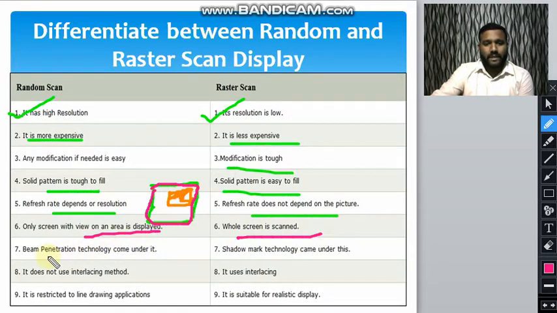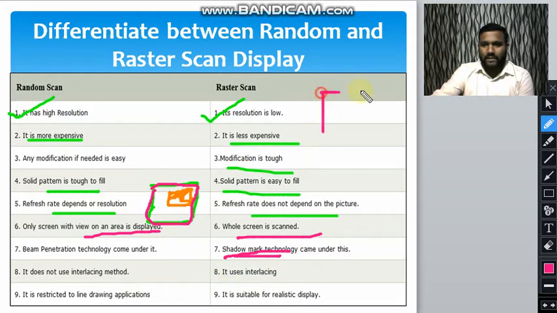In random scan, the beam penetration technology comes under it, and in raster scan the technology that comes under it is the shadow mask method. Random scan does not use the interlacing method, but raster scan uses interlacing.